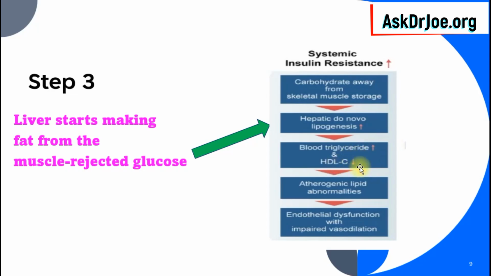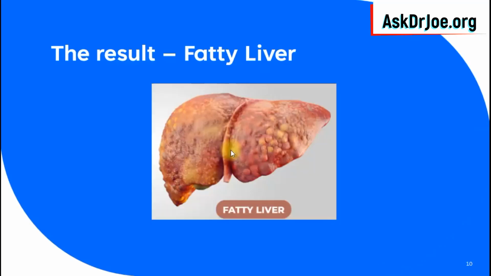And then, of course, your HDL levels will go down as well. This is when trouble begins, because the liver is now overwhelmed and is doing what it knows how to do with the glucose that has been diverted to it. The net result over time is that the liver has generated so much fat, and it stores the fat within the substance of the liver. And this is what results in what we call fatty liver.